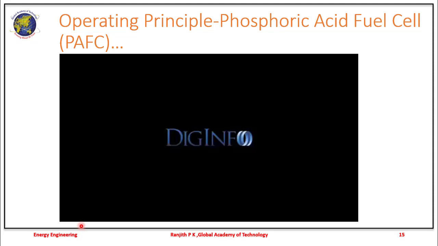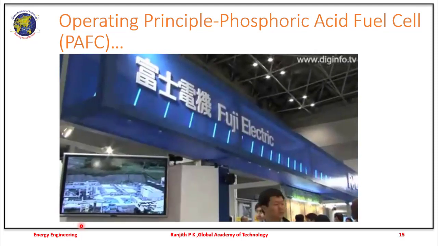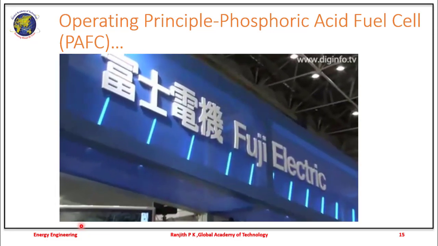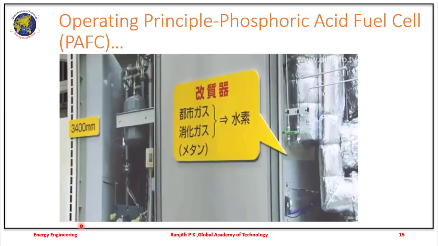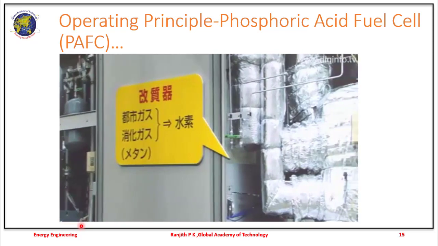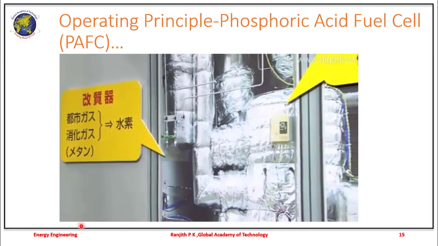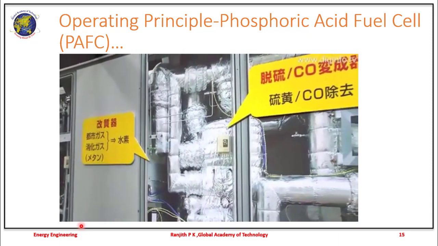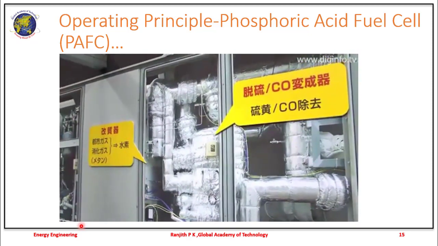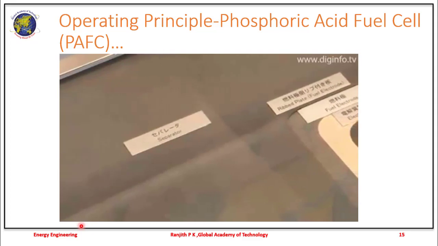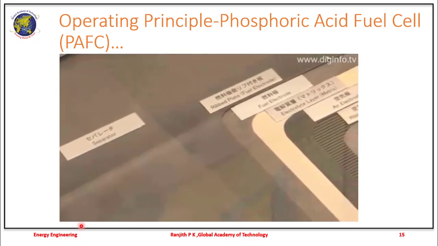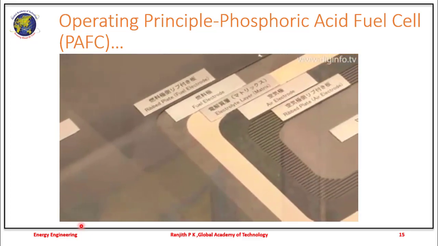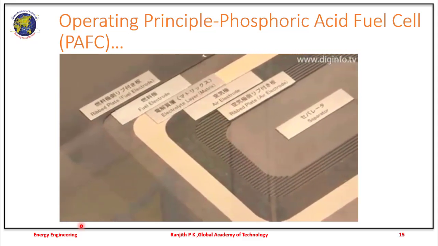Another video which shows a similar working. Fuji Electric Systems exhibited a mock-up that simulates the structure of a phosphoric acid fuel cell for commercial use, with a power generation output of 100 kilowatt at the FC Expo 2009 show. The company also introduced the characteristics and performance aspects of this fuel cell. The main characteristic of the phosphoric acid fuel cell is the impregnation of a phosphoric acid aqueous solution as the